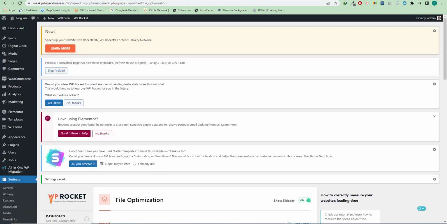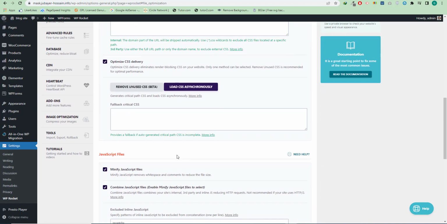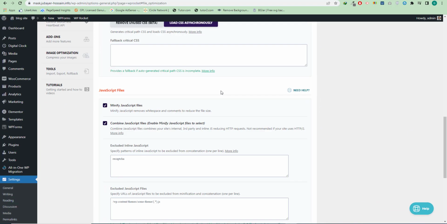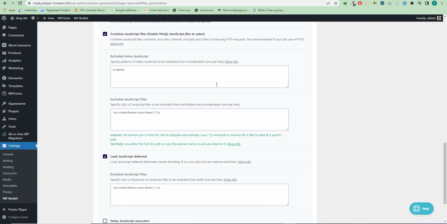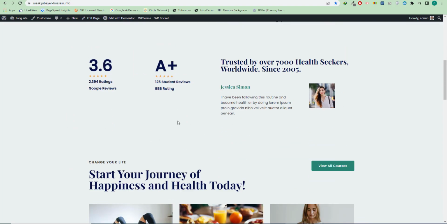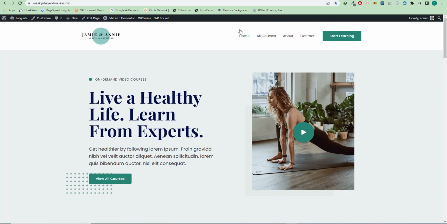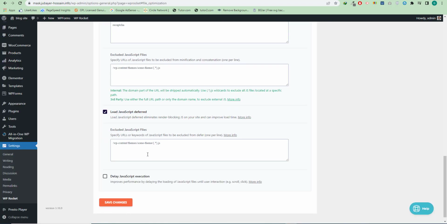Okay, so let's move on to the backend and do our task. So we just check Minify JavaScript files, and we make it load deferred, and then reload and see what is happening on the front end. So nothing wrong with the front end. I think the design is perfect. Alright, so the next